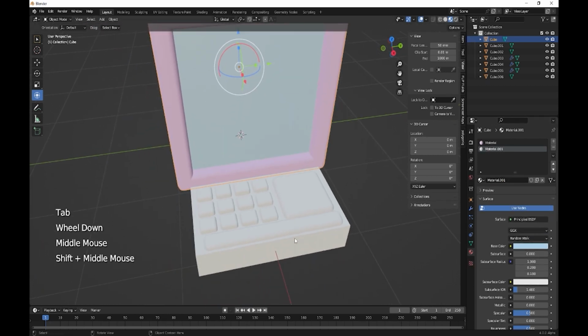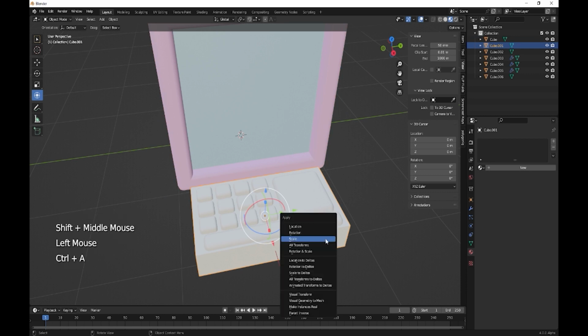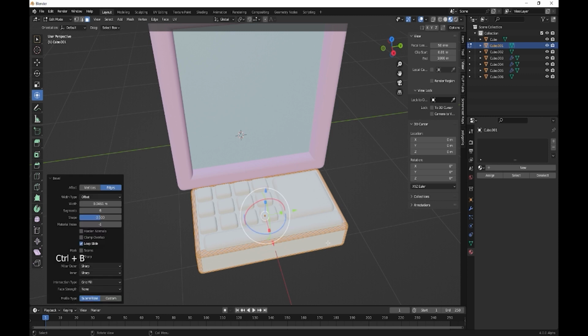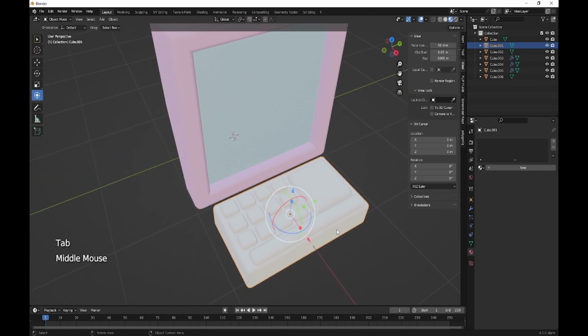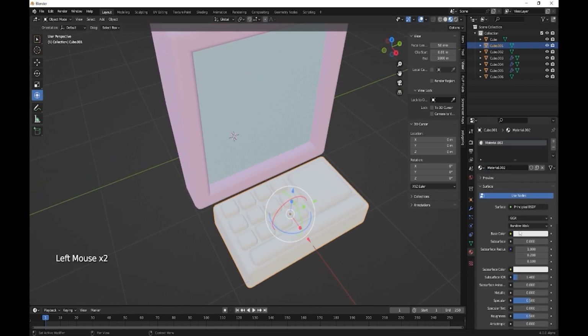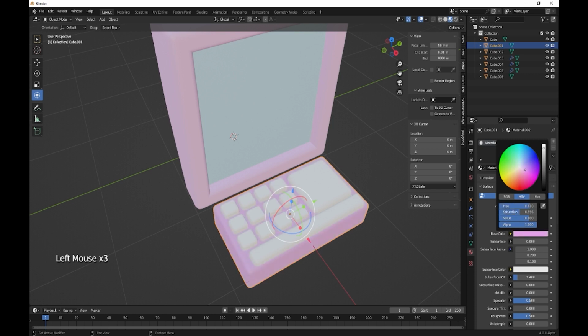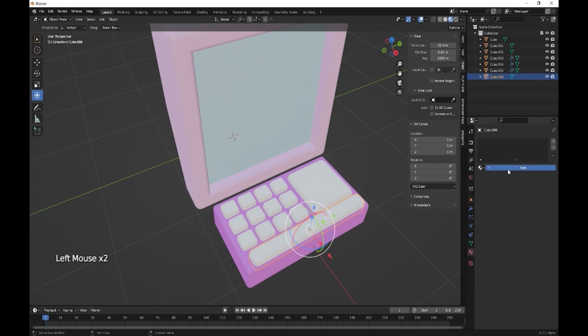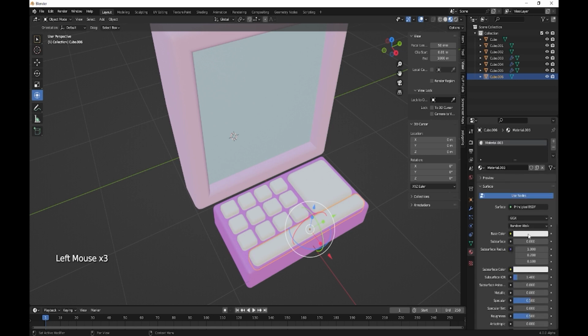Okay, and then we need to Control A, scale, Control B. This is going to be, say, purple. Spacebar is going to be, what candy color should we do? Like a light orange. This one's going to be a big red button,